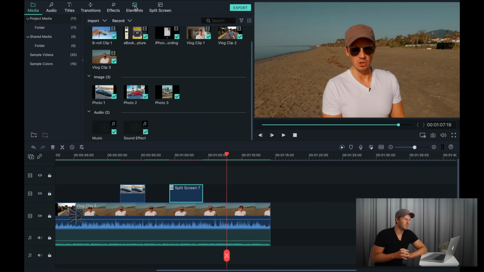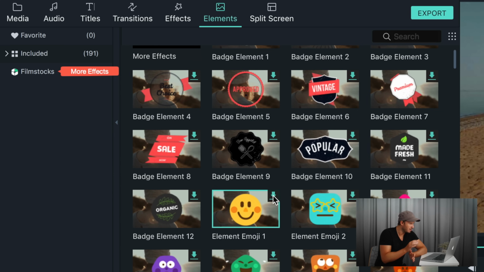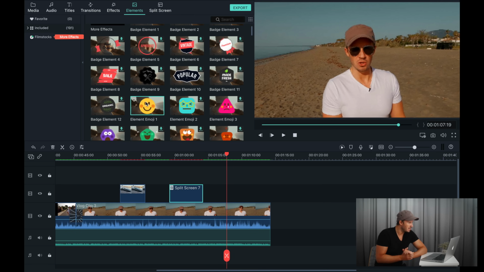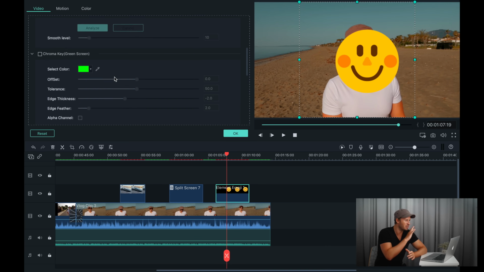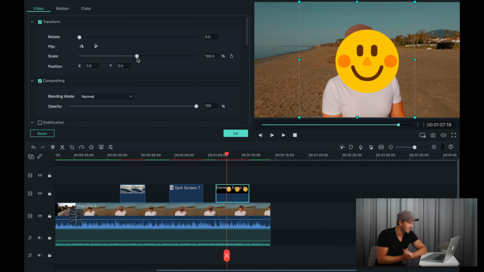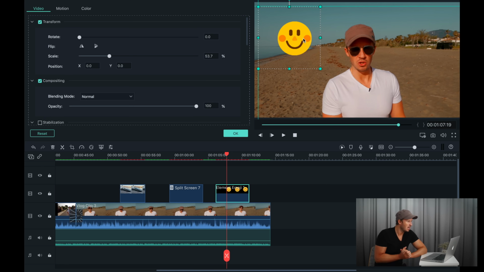In the Elements browser window, we have some really nice animations that we can add to our films. Do browse through all of these, but for now, let's go with this emoji. Click on the little download arrow, you can see it coming in, and we'll drag it down onto the timeline. Same functionality as before, and you guessed it, double click on it and we get access to a whole bunch of parameters. Let's resize it, make it a little bit smaller, drag it up into the top left corner of